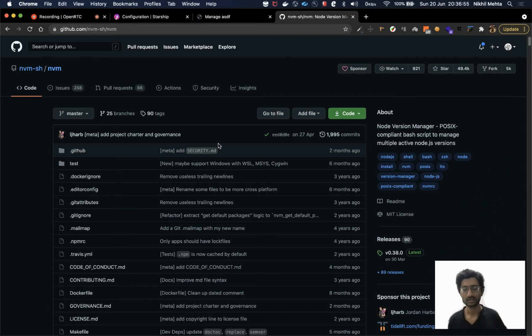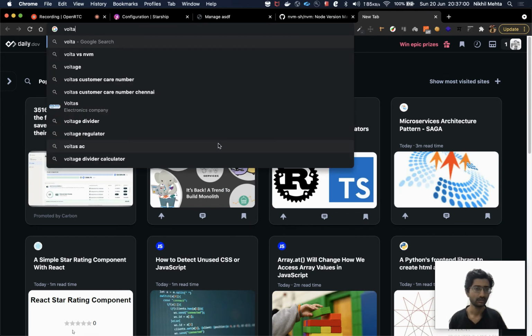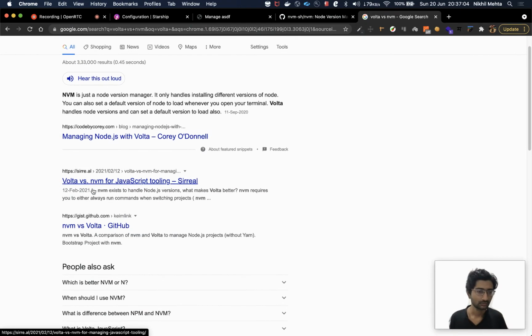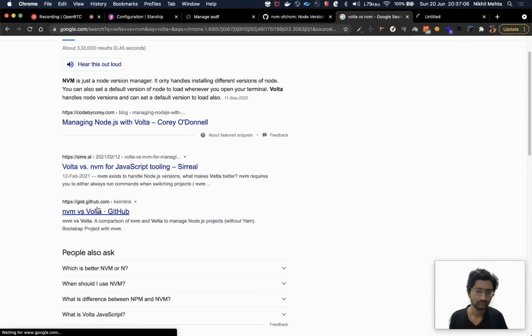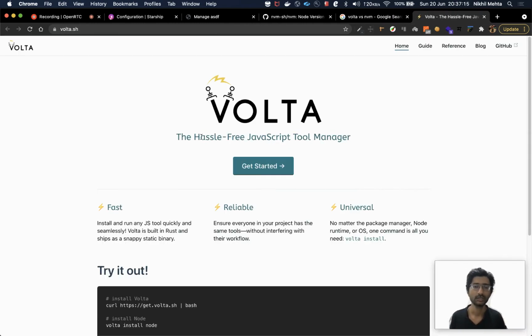But why are all these alternatives there? There is an alternative like Volta, right? Volta versus NPM, you can search for this, right? And why are all these things there, despite that they are alternatives to each other, right?